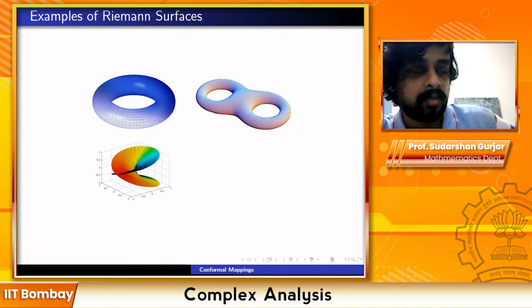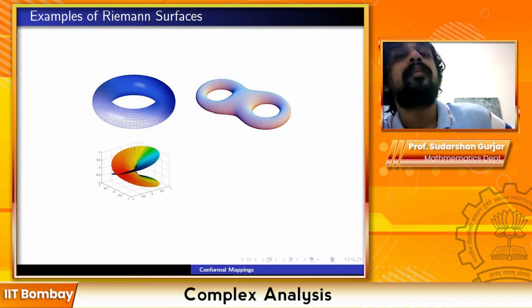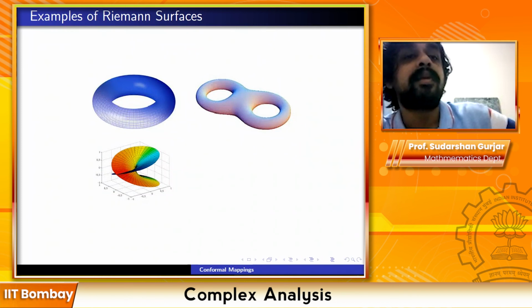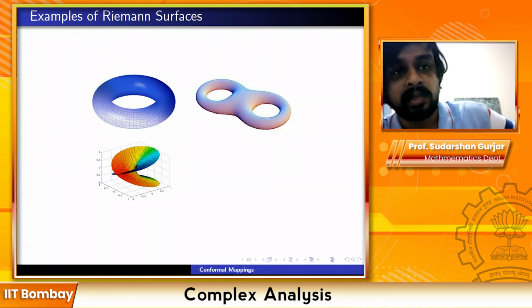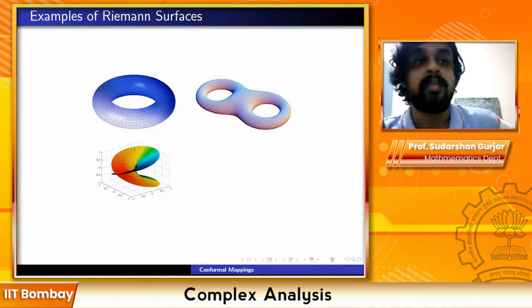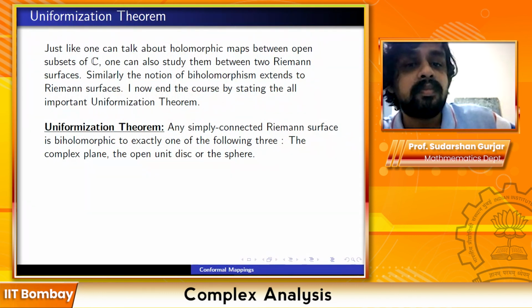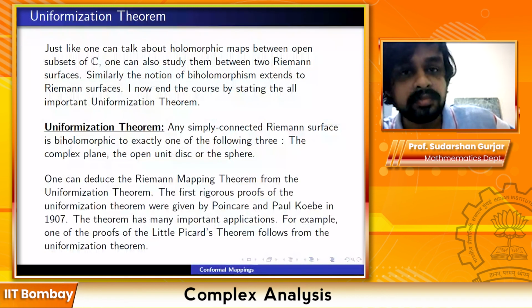And the study of such complex manifolds is called complex geometry. One year back, I had given a PhD course on complex geometry in my department. It's a beautiful subject, complex geometry, and one-dimensional complex manifolds are what I have drawn here, Riemann surfaces. And this uniformization theorem is in some sense the deepest theorem in the subject. It uses some serious analysis. Okay, so that is all that I want to say.